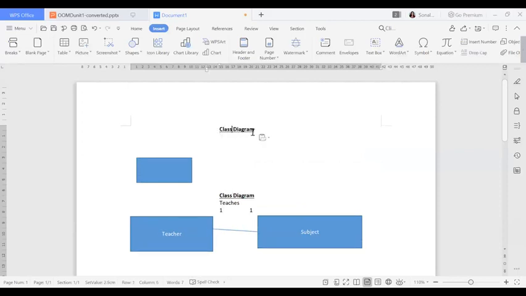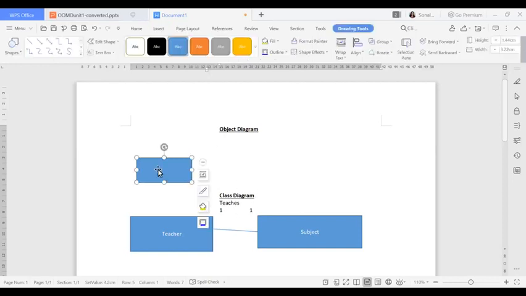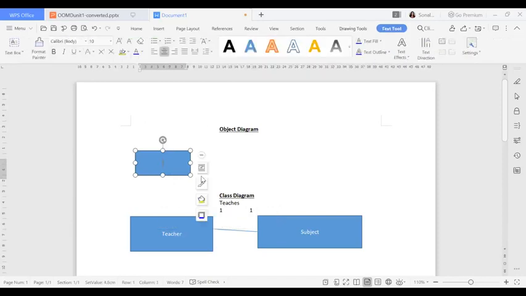I'm doing it in the up area because it will be easy for me to drag and drop. You do it in the down. This is my object diagram which I'm going to generate from this class diagram. As I have told you that this is my teacher, I'll just write down any teacher name. So let me write my name itself. I told you we should give the colon mark. It is a teacher, and as it is an object, we need to underline this.